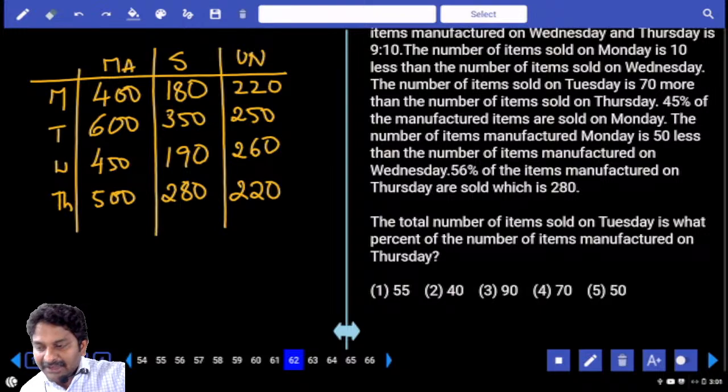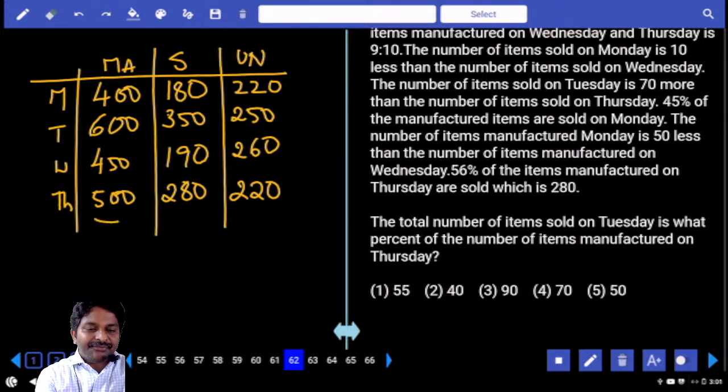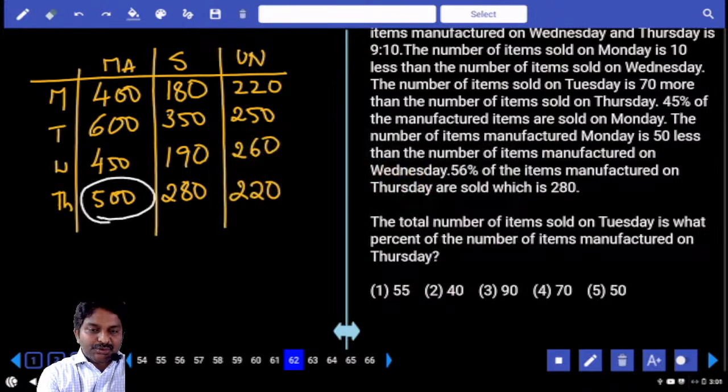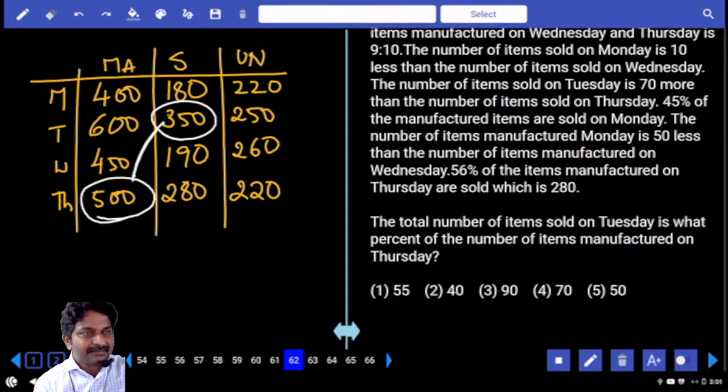The total number of items sold on Tuesday. Sold items on Tuesday, how much is that? 350. Is what percentage of the number of items manufactured on Thursday? Thursday, how many are manufactured? Come on, 500. Tuesday, how many are sold? 350. 350 is what percent with respect to 500? 70% only? Come on,